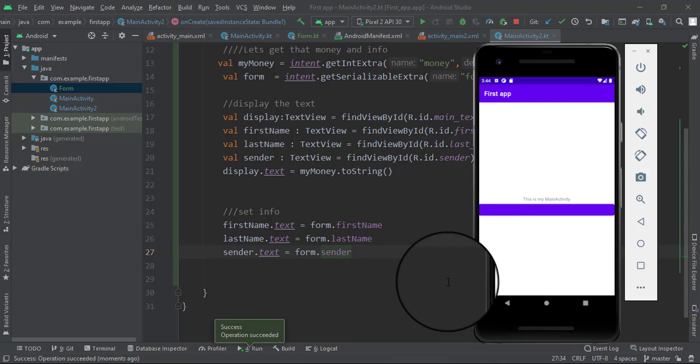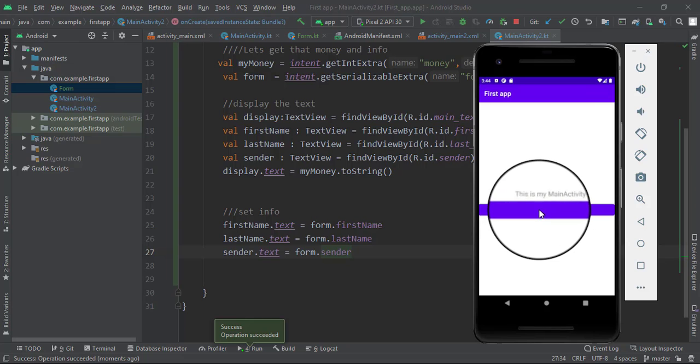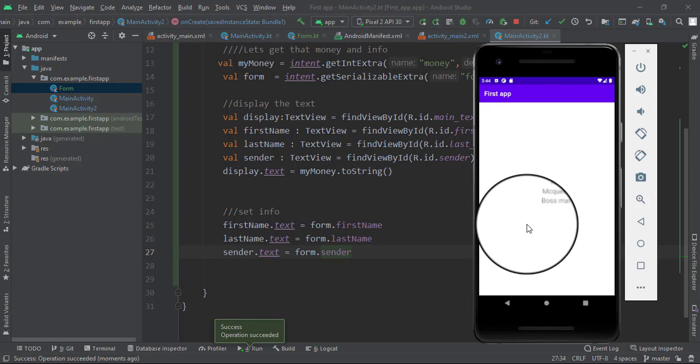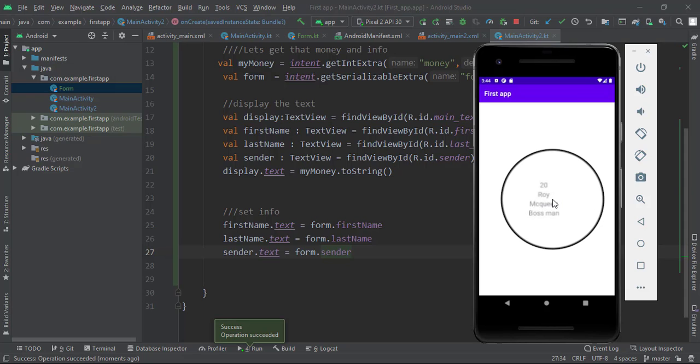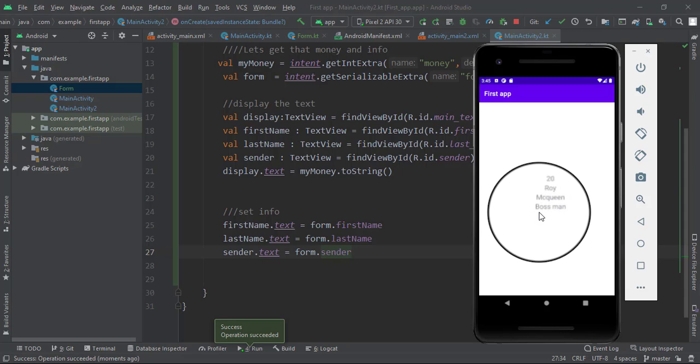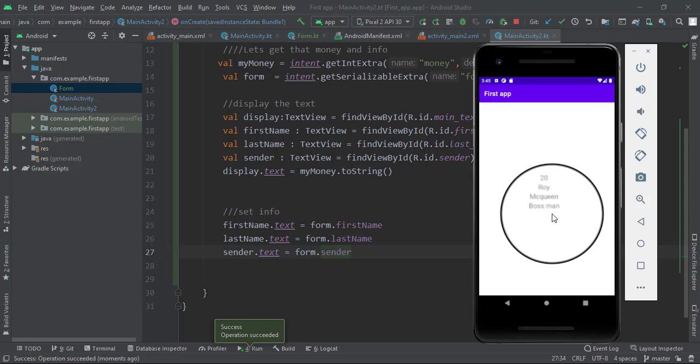install a new one. All right, so here we go. Let's see. Oh, $20, Roy Mcqueen, sent from the boss man. All right,